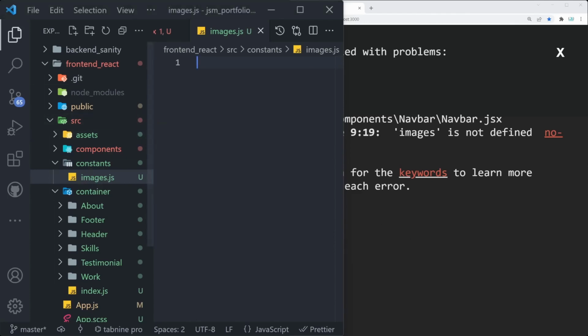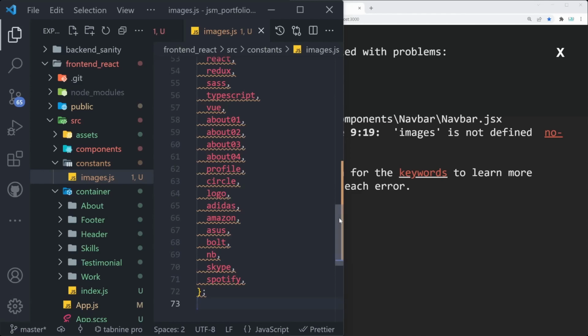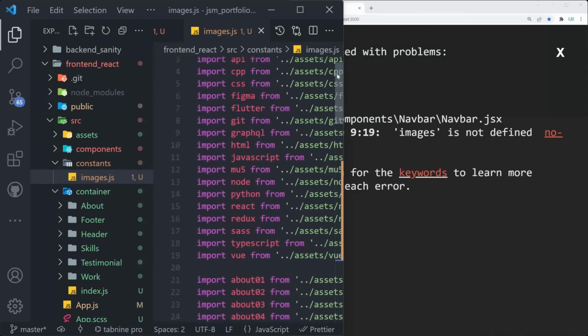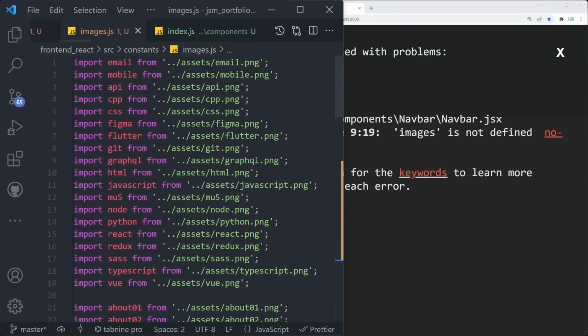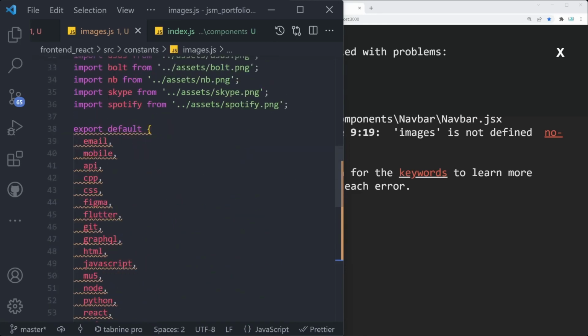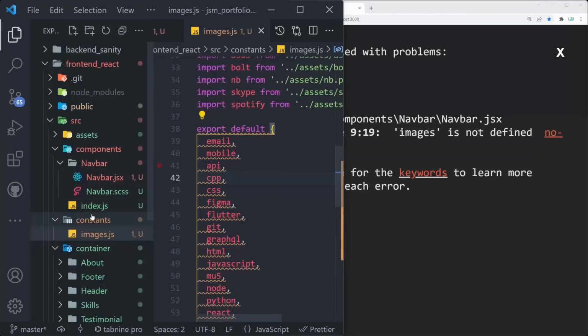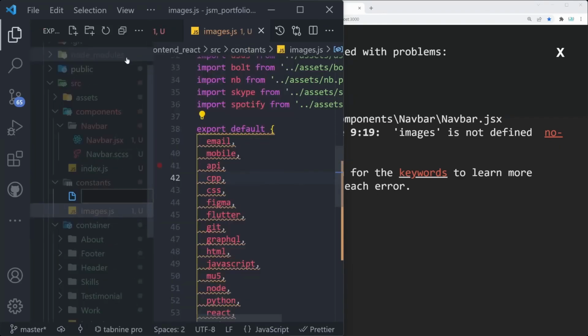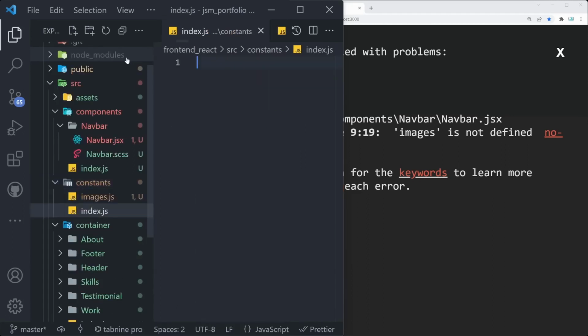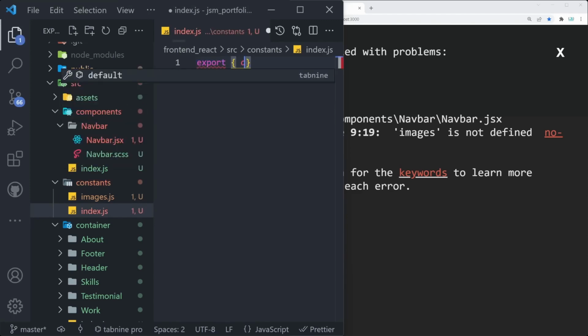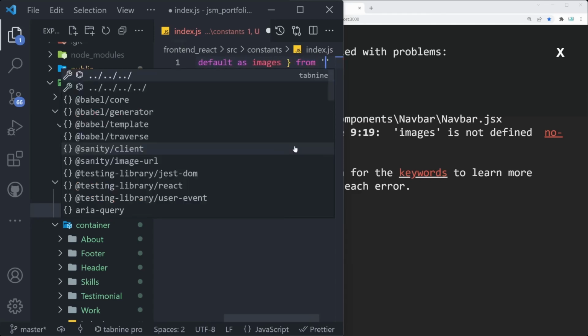Again, the images.js file is going to be in a gist down below. As you can see, just importing every single image there is and then exporting it so that we can more easily import it in one line with a meaningful name. And of course, we can create one index.js file right here in the constants to export all of these images. That's going to look something like this: export default as images, and then that's going to be coming from